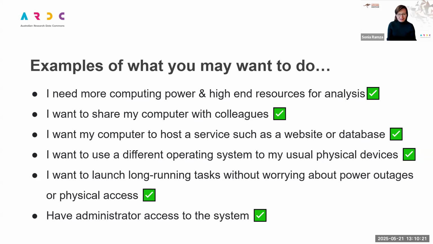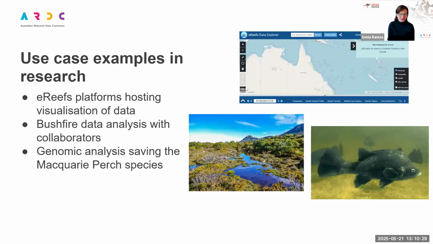So these are just, I guess, in a technical view, some of the things you can do. But how does this apply to research? And what are some examples of this working out in the wild, as I like to say? So here I've got 3 examples. I guess all good things happen in threes. I'm a bit biased because these are applicable to Nectar. So I've seen these being completed and hosted on the Nectar Research Cloud.